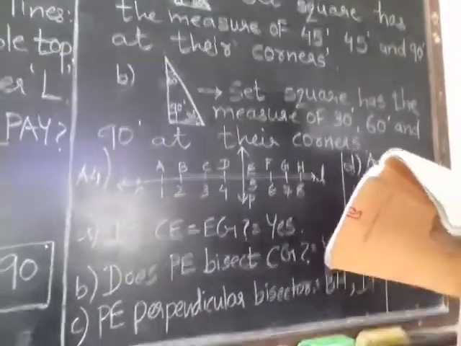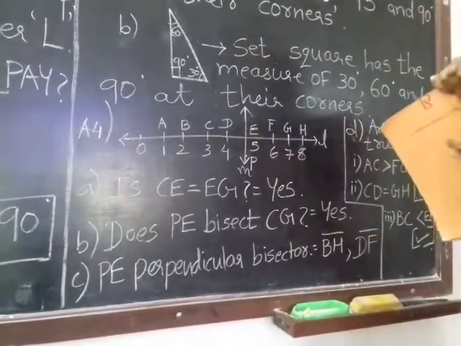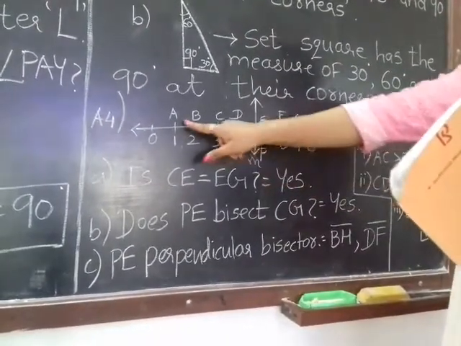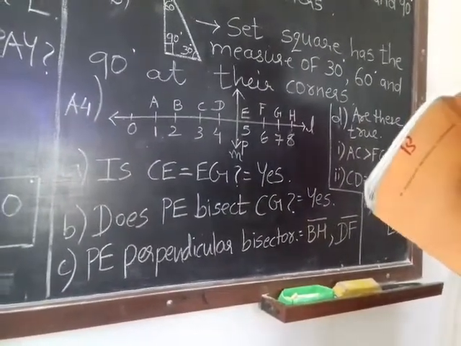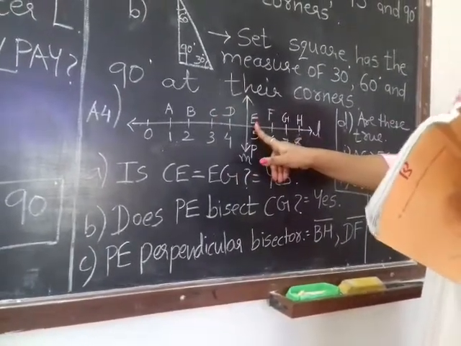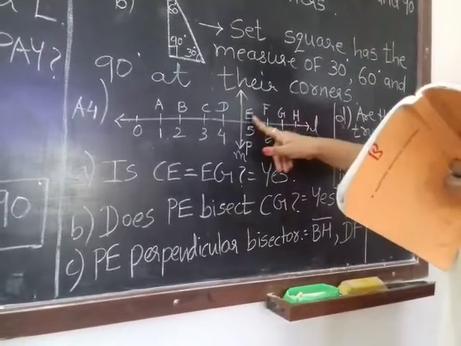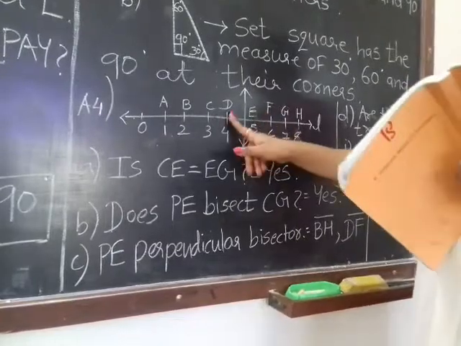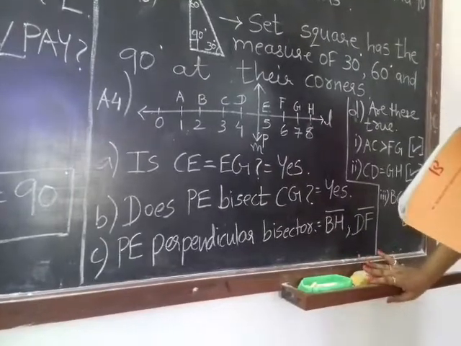Study the diagram. You can see this is line L and this is line M, perpendicular to each other. You can see alphabets till H and the numbers from 0 till 8. Now they have asked 4 questions. Is CE equal to EG? So check it out, CE. Between C and E we have the alphabet D. In a similar way, between E and G we have the alphabet F. So both sides have equal spacing. So yes, CE is equal to EG.